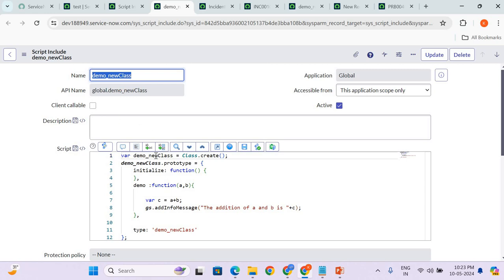If you just see here, the new class, define a new class is where the prototype itself gets created. You can either use the existing function called initialize function, or you can define a new function of your own. So here I gave the name called demo and the function with two parameters a and b. And then if I want to add something and print that using a business rule,